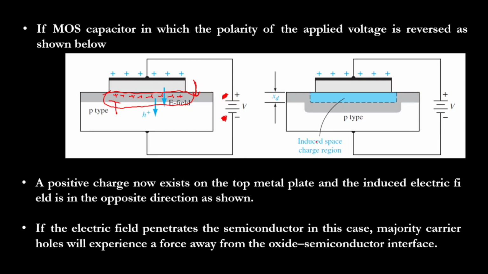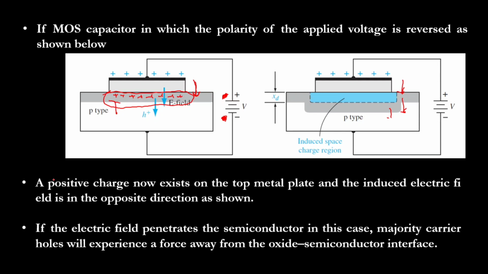It is not a p-n junction that induces a space charge region, but an oxide and semiconductor junction. Even so, there will be a space charge region because of the applied voltage at the metal layer. We have applied a positive voltage, so the electric field is in this direction. Whatever holes are available at the junction of oxide and semiconductor will experience a force. Because of the force, they will move in this direction, so charge carriers will be depleted from this region. We call it the induced space charge region.